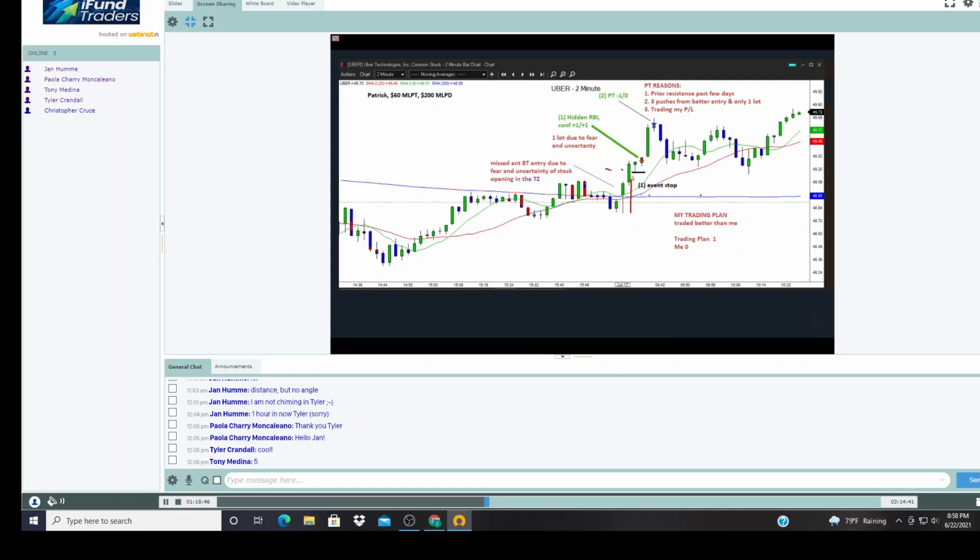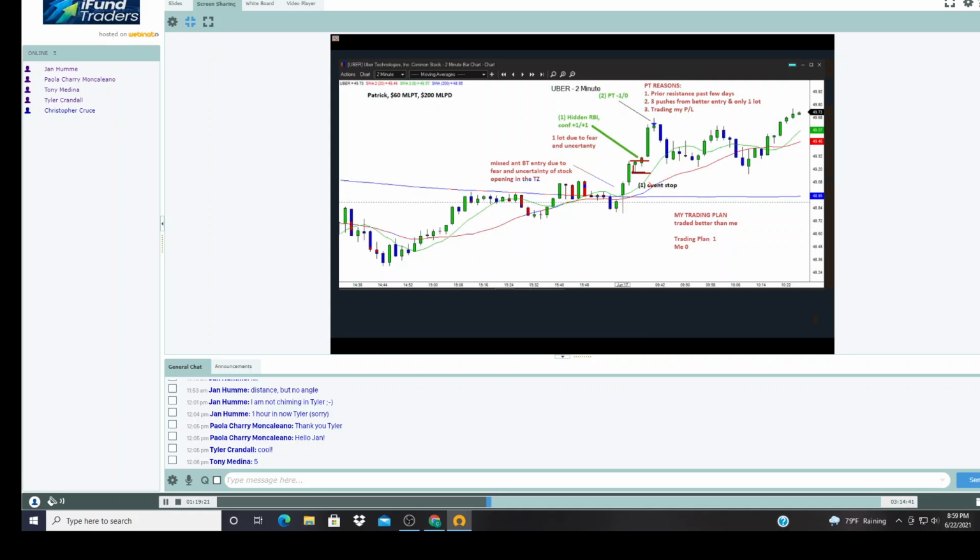And if it doesn't work, maybe you get a big bar to the downside here. It fails immediately, right? What do? Stop and reverse, right? Okay. So anyway, you missed that, and then we move on. So let's now take a look here. So here you have a little bar here, yeah, you call this a hidden RBI. Okay. I like to call this a green RBI. That's just a joke from me, of course.